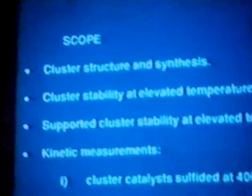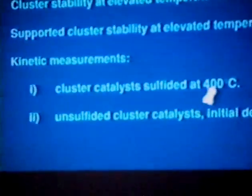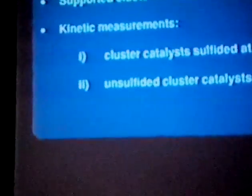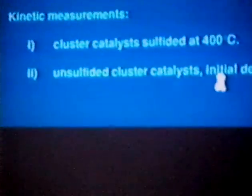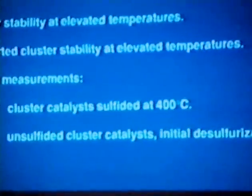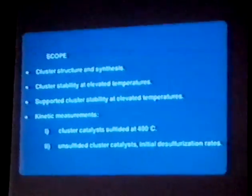I'm going to shift focus now and look at the kinetic measurements part of this talk. We've already looked at the stabilities of these clusters and established that they're not stable at elevated temperatures. We're going to look at two different regimes for catalytic activity. First, catalysts sulfided at 400 degrees C, where we would not expect to retain the structure of the cluster, and then unsulfided cluster catalysts, looking at the initial desulfurization rates. In this case, we try to minimize decomposition of the cluster by skipping the sulfiding step and looking at the initial desulfurization rate, especially at low temperatures, where we expect to